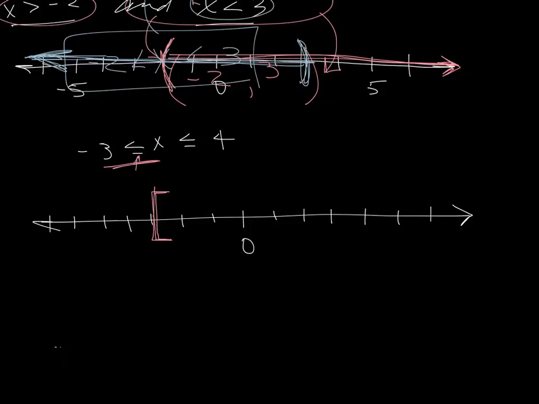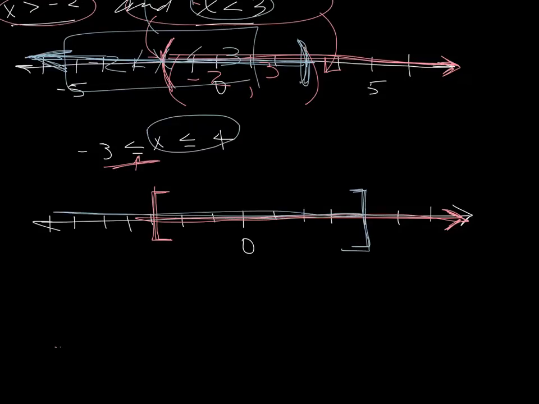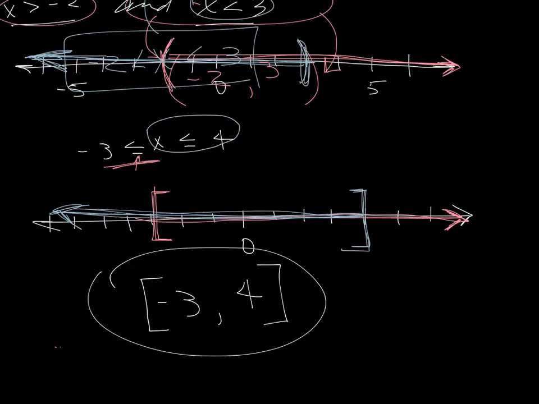So x is greater, so it goes into infinity that way, and then I'm going to show x is less than 4, 1, 2, 3, 4, or equal to, and then I'm going to have my blue line that goes this way, and where they intersect is what I want for my answer. So my intersection is going to say open or squared off negative 3, squared off 4, and that ends up being my answer